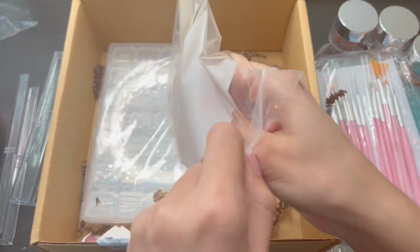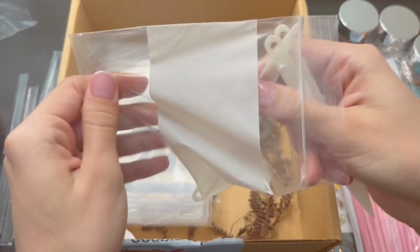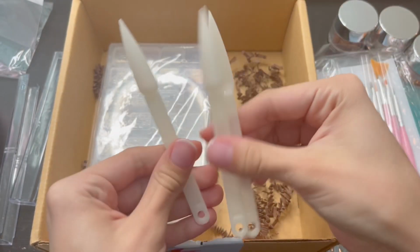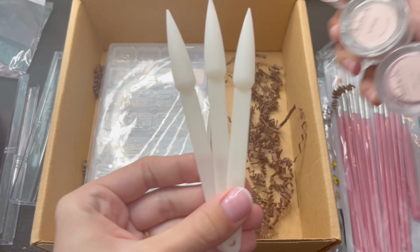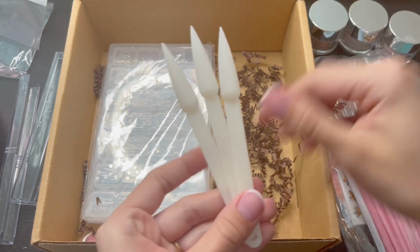I'm just kind of waiting to do the box last, but the next thing they sent are the nail swatches. These are stiletto ones. I'm so glad that they sent stiletto ones. They usually send the little short ones, but I love the stiletto nail swatches, so you get these to swatch out your dip powder colors with. This is really important in my opinion, just to make sure you have all of these swatches for your dip